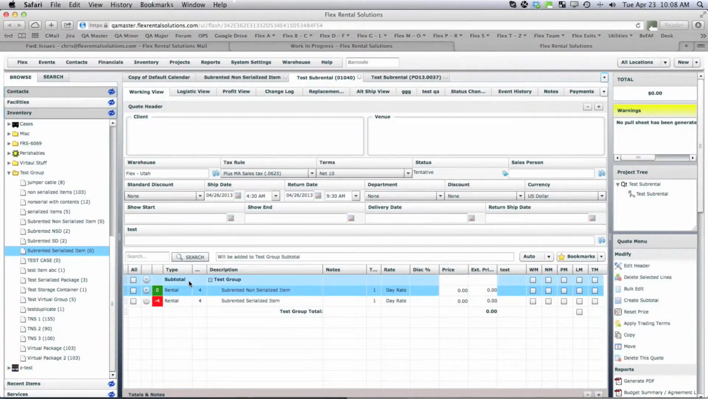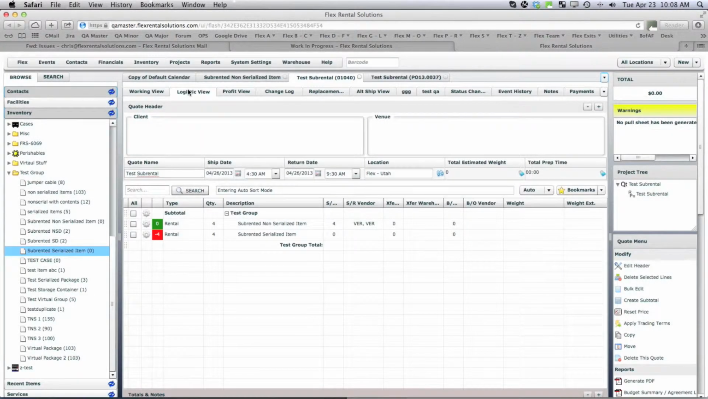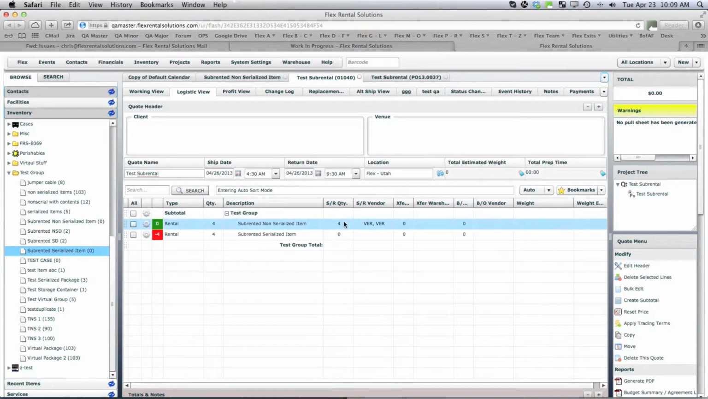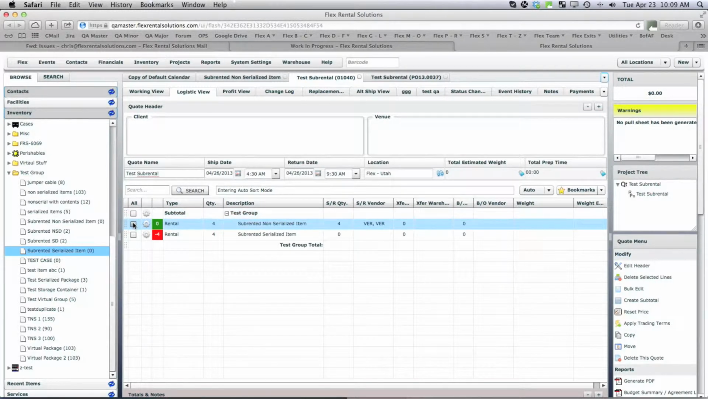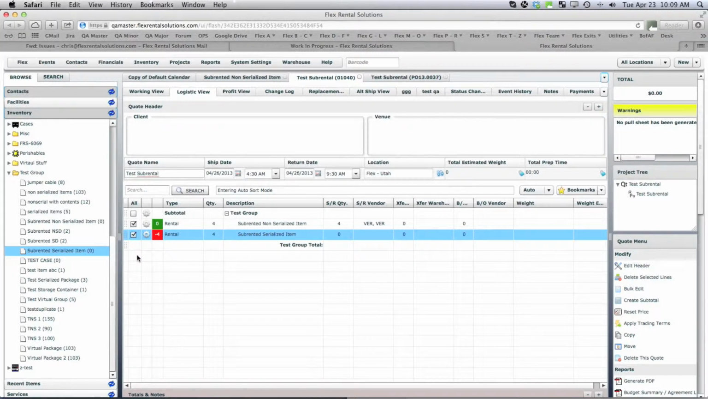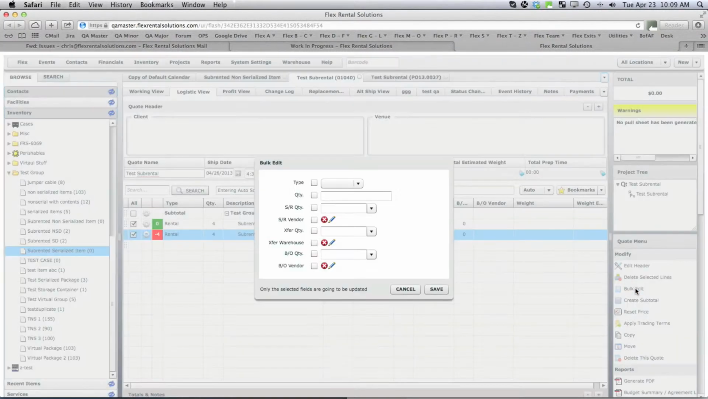Other things that it did with that process is if we go to the logistics view, we have logistically what is happening to all these items. And you'll notice here that it is filled in that we have a plan to subrent 4 of these from VER. Other things that we can do from this logistical page is the ability to use the bulk edit functionality to create subrentals. If I selected both of these items and hit bulk edit,